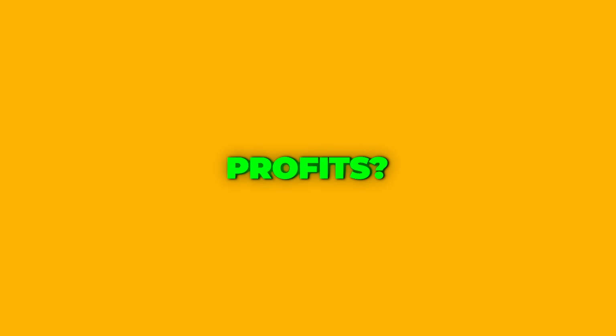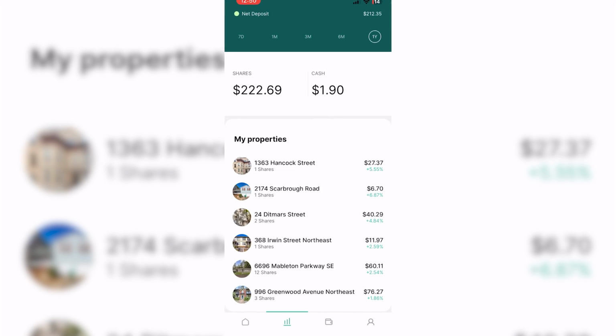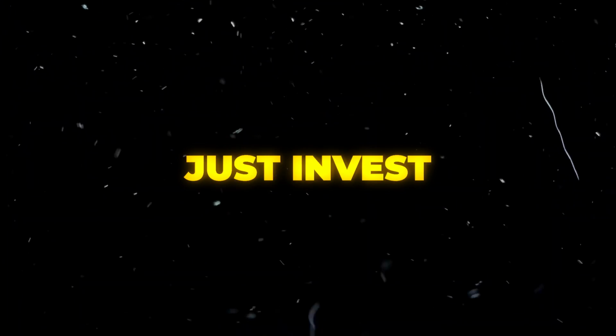And lastly, in terms of profits, it is unfortunately less with Landa than just traditional REITs, but it is definitely more fun to be able to see the actual properties that you're invested in and to be selective with the properties that you do manage. The long-term potential for this company could be pretty big, and it's kind of cool to be a part of this club while it's still small. And to be honest with you guys, I'll continue to buy and use Landa for quite some time, but if you do have more money, just invest in REITs. Not only because they're more protected, but also you get more returns at the end of the day.